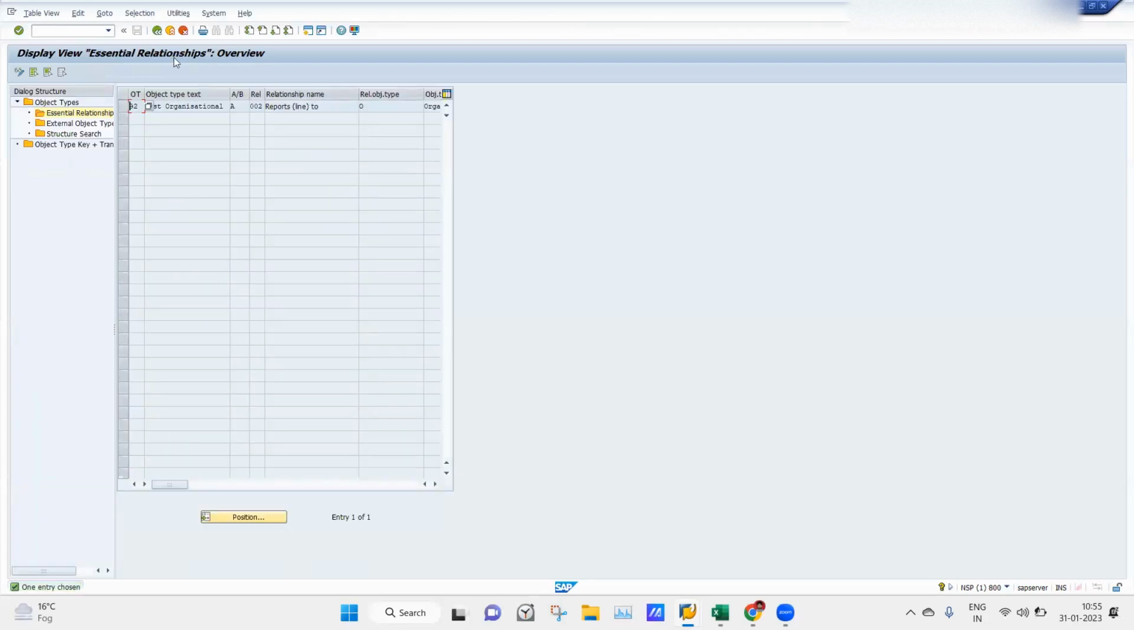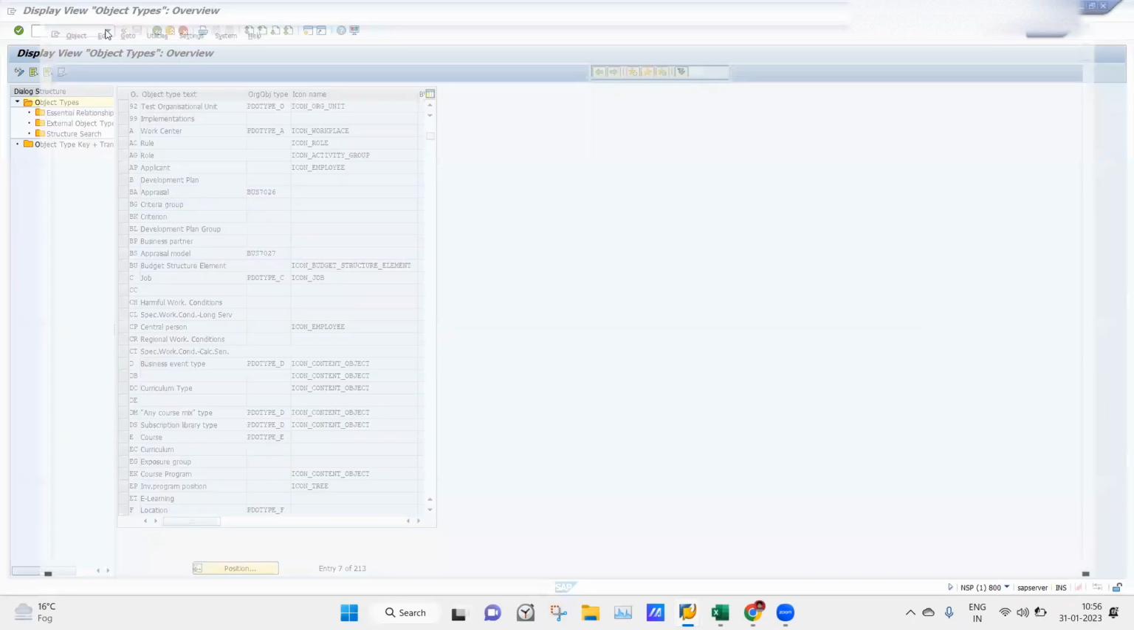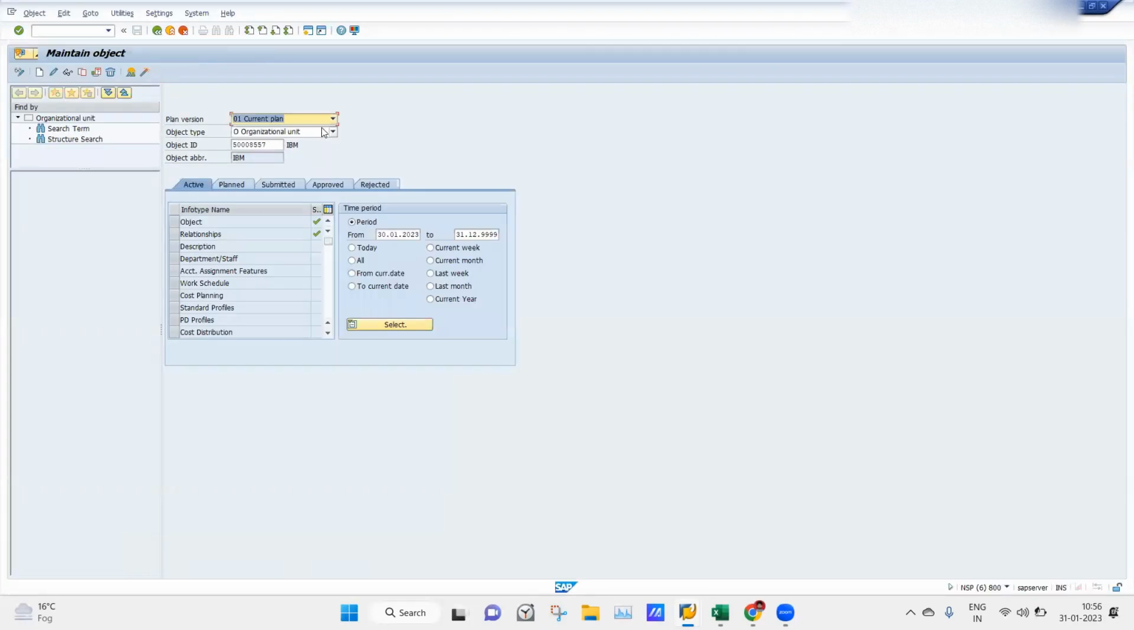So this is the other thing which we have to maintain for creating our custom object type. Now if I go to /OPP01, this is the standard object type, and I can also see my custom object type which I have created. What was the name? 92, test organization unit. This is another object type. So once I click on enter,